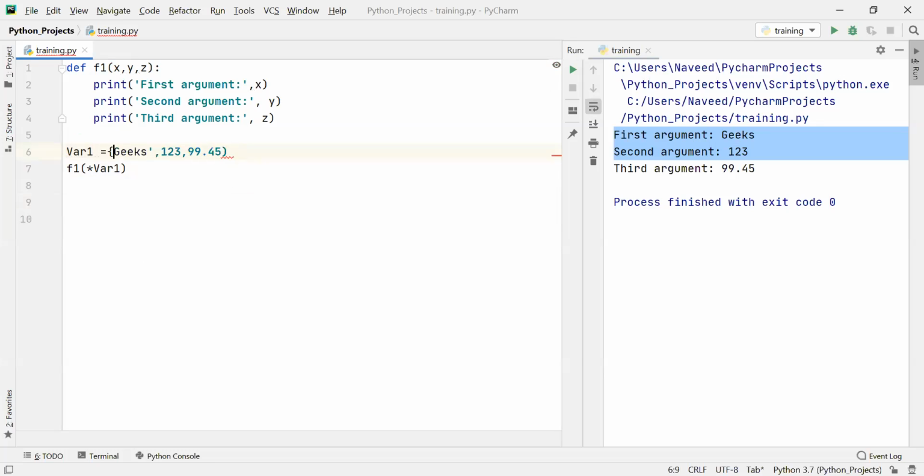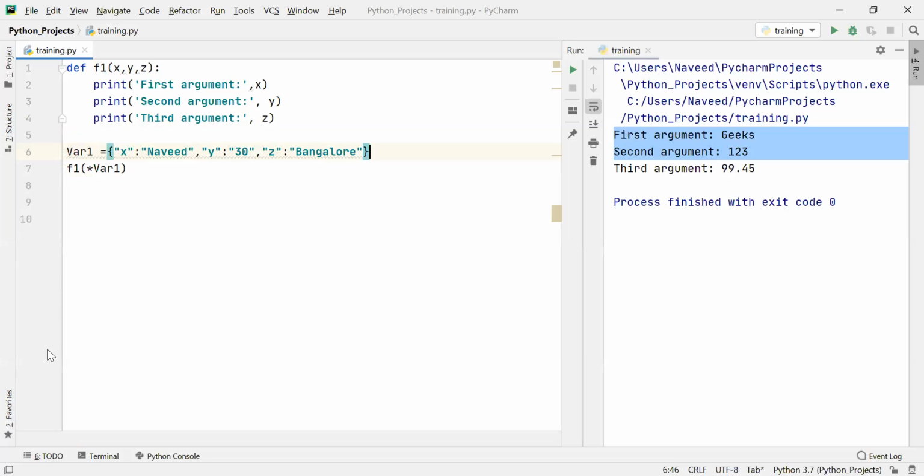So I will give some other names here: x equals Naveed, y equals 30, and then z, I will give it as Bangalore.